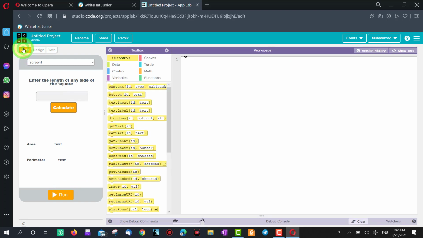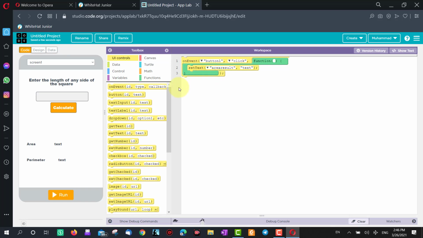Now we are ready to go for coding line. So click on the code, and as you know, first of all place the on event command. So click on the drop down and select here button 1. When the user presses the button 1 clicks, then what should the computer do? Set text, show the result. So set text for showing the result. Okay, set text where? In this area. ID is area result, so I will change the ID to area result. Yes, here area result, it is on the top.